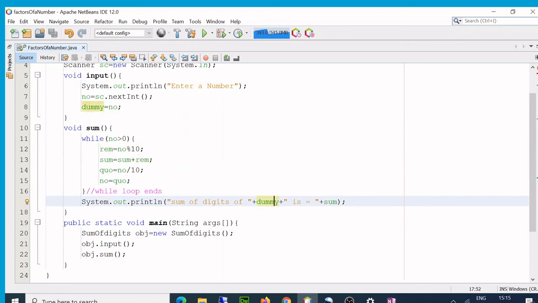So this is the program where we actually extract the digits, and after extracting the digits, we are adding those digits and printing the sum. This way we can actually solve a lot of questions, like I told you. A lot of questions are based on this. So we are going to discuss those questions as well, right?